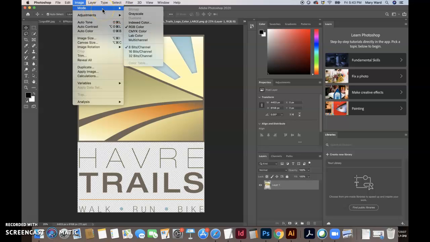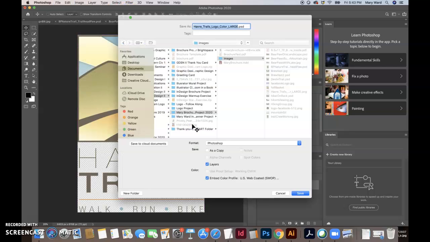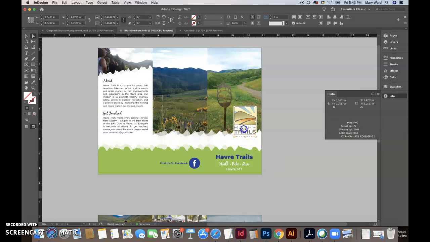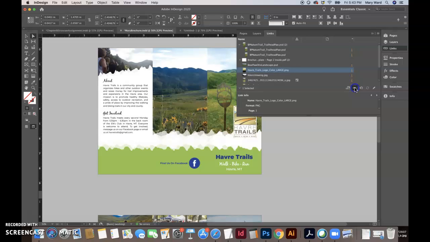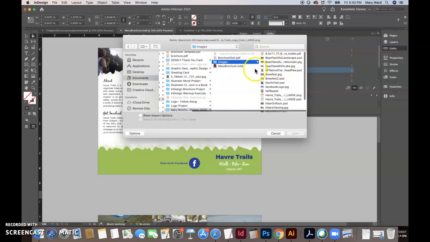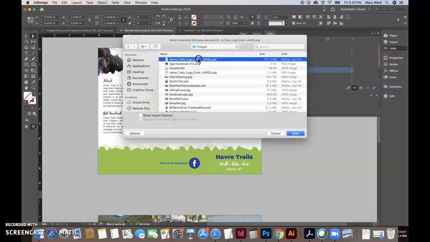But if we go into Photoshop, we can do image mode, CMYK color, and then Command S, and that will save it over the other file, I believe. And if it didn't, it probably saved its own file, so I can actually go into the links panel, push relink, make sure I'm in the right images folder, and I'm going to put it on list. And this is the new one that I saved out, I guess,